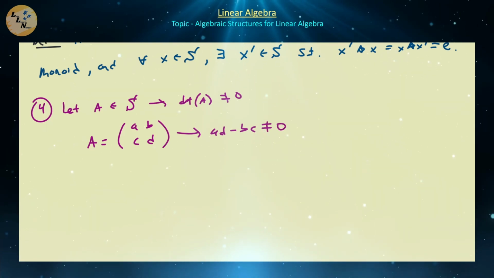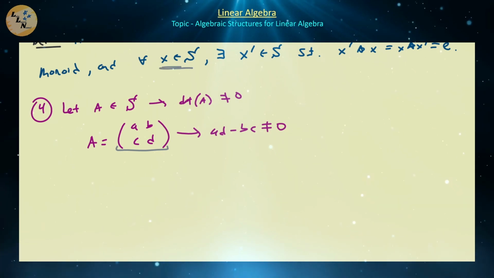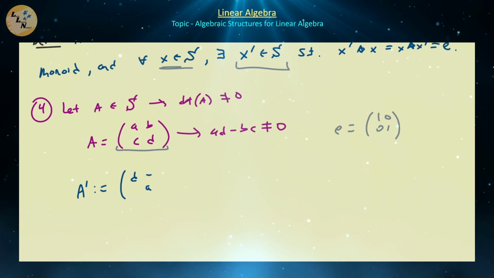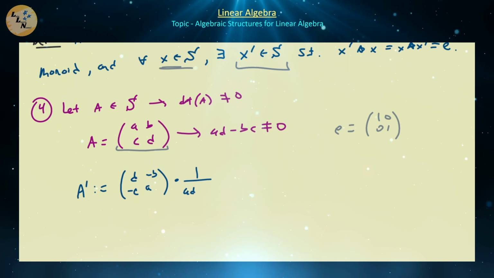So this is going to be our element A that we're choosing in our set, and we need to find another element that is sort of related to A such that when we multiply by this element A prime, we get the identity element E, which we've already identified to be the matrix 1, 0, 0, 1. So if this is A, we're going to define A prime to be equal to d, -b, -c, a times the scalar 1 over (ad minus bc),